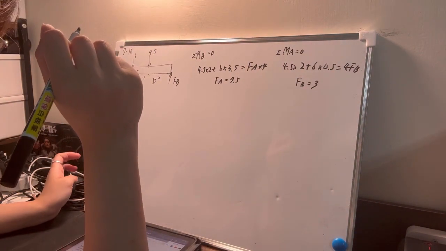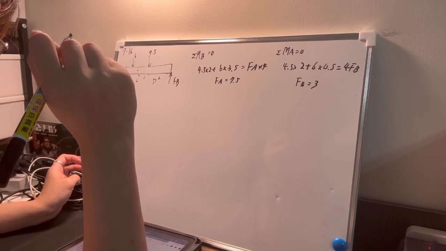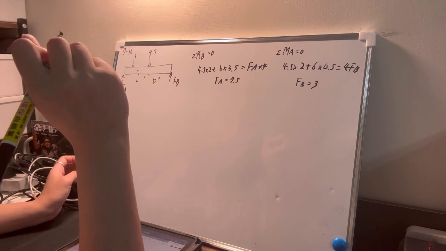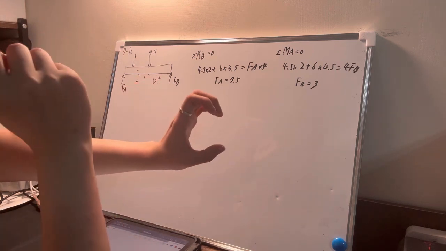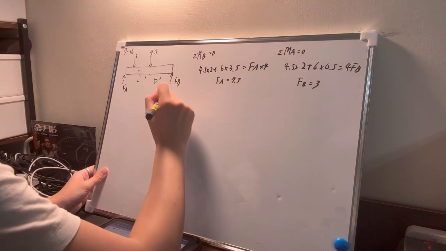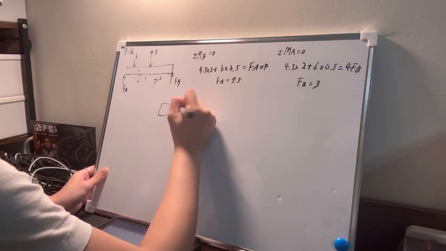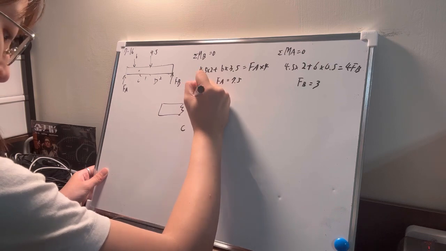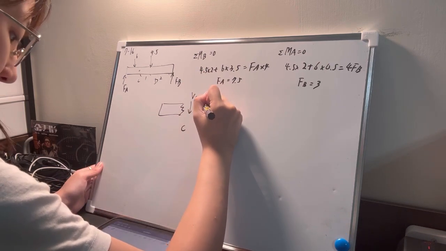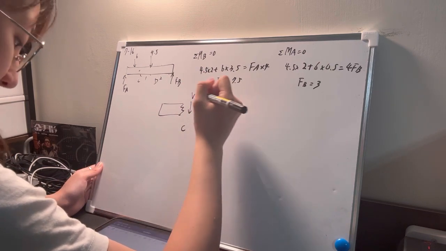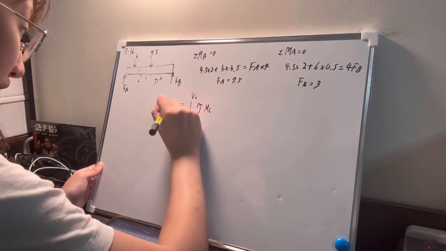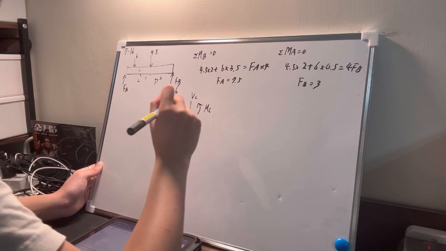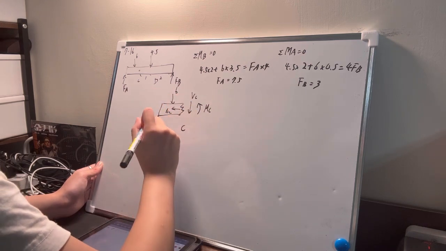And it says we have to find the loadings acting on the cross section at point C here. So we also draw the free body diagram here, C, and we get this VC here, and also the internal MC here and NC here, and the force 6 here, and the FA here,